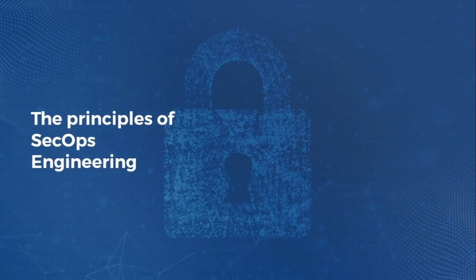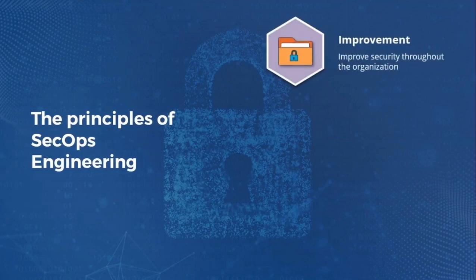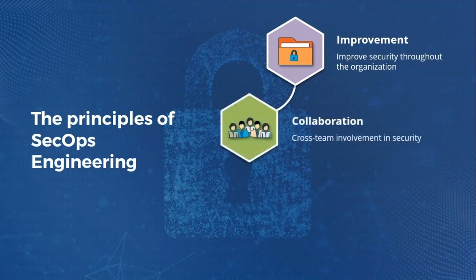Now, there are some principles of SecOps engineering, and here are a few of the basic ones. Improvement. You have to be focused on two things. First of all, improving security throughout the organization. You're only as secure as your weakest link, so we have to have security being focused on and improved everywhere. But secondly, it's continuous improvement. You're never good enough. Essentially, you have two choices. Choice number one, you can believe that you are absolutely perfect, your security is infallible. Or choice number two, you have to believe there's room for improvement. And I think you understand that choice number one is just not realistic. That's a fantasy. So we really want to work on continuous improvement.